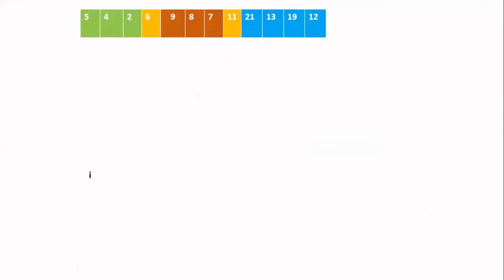So now let us see how we are going to continue again. So here again the same steps, increment j until you get an element less than the pivot element. Now I am going to consider this green subarray. Here my pivot element is 2 because that is the last element in that particular subarray. Okay. Now I have to increment i until I get an element less than the pivot. Initially i will be pointing to 5. 5 is not less than the pivot element. So you will increment i.